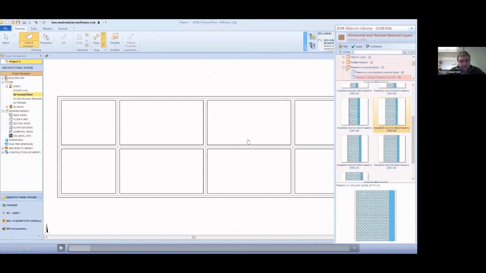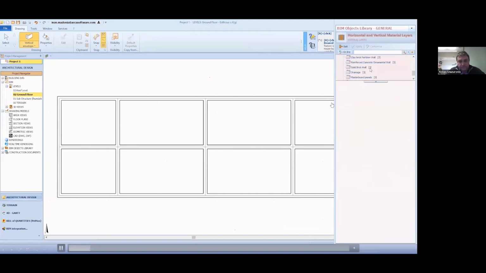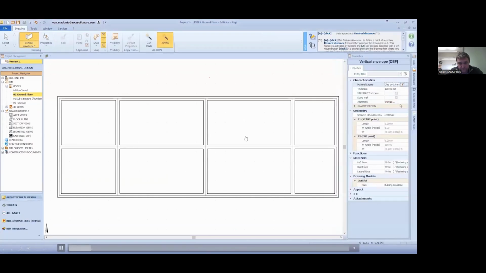I'd also like to underline the fact that this library of objects, which of course covers many different categories, is now available in the cloud. It means that we can all collaborate and build our own user objects, and have them shared among our architectural firm, or for instance with the entire Edificius community if we wish. So you have the full power at your fingertips to choose your preferred way of working.